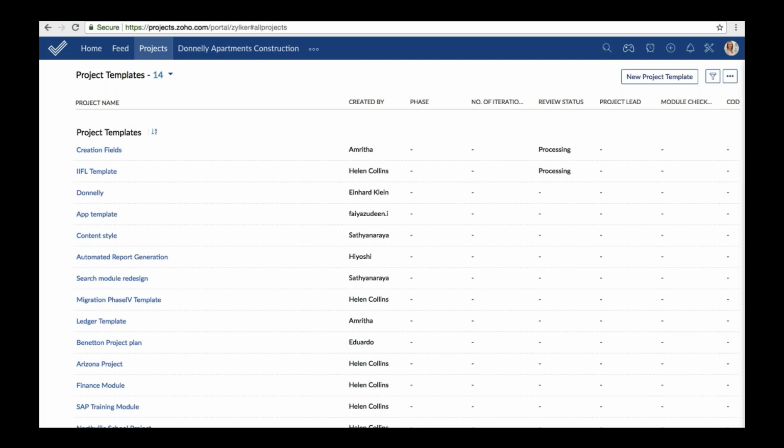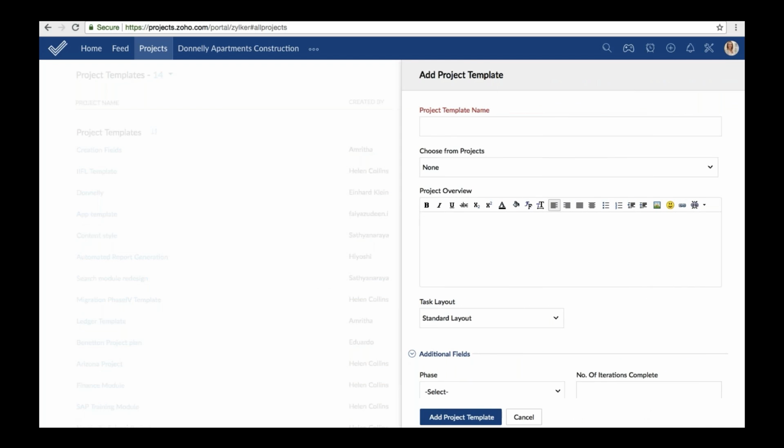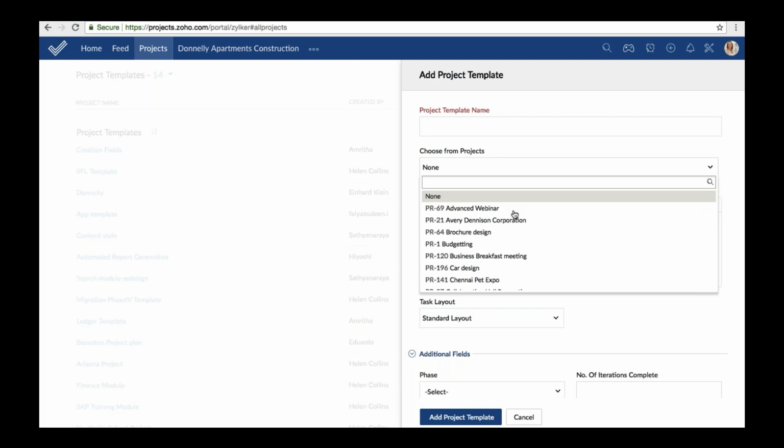You can give a template name and an overview, and then you can add in milestones, task lists, and tasks to the template. As I told you, each time a similar project comes up, you can simply associate it with this template, and all of the information that is a part of the template will be pre-populated to your new project. But on the other hand, say you already have an existing project with all the information you need, you can associate this template with that specific project. So for example,